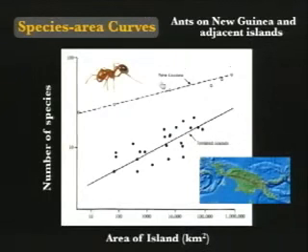And an example from ants. New Guinea, the relationship of the species area curve on New Guinea is different from the islands off of New Guinea. And this is where you can get into the, well, why? Why is that line, why is the intercept different for that line? Why is the slope of it different relative to the islands? Those are things we won't get into, but are really interesting about biogeography.